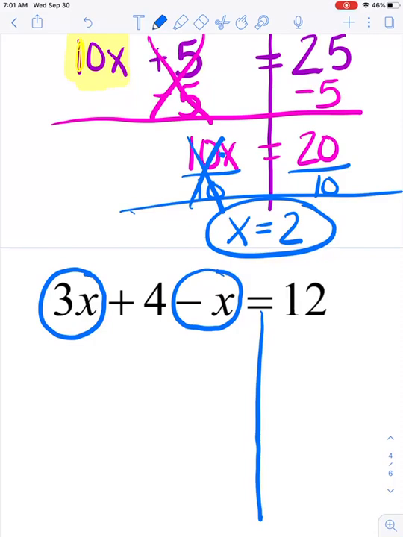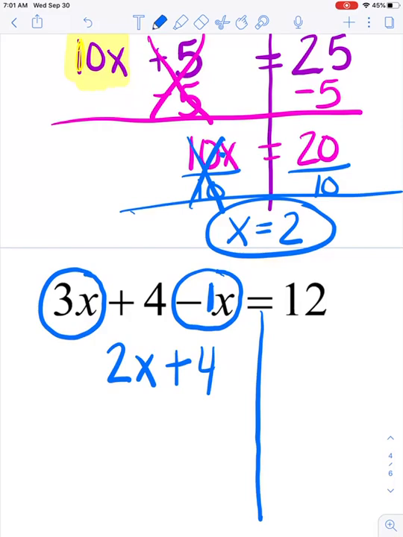So both of these terms have variables of x. They don't have an exponent, so we know that it's raised to the power of 1. So when I combine my x's, I have a 3x minus a 1x. So that leaves me with 2x. There's nothing to combine that 4 with on this left-hand side of the equation, so I just leave it as